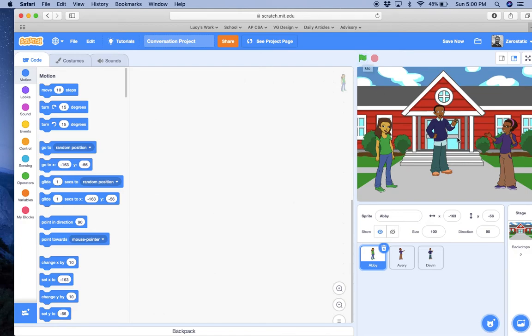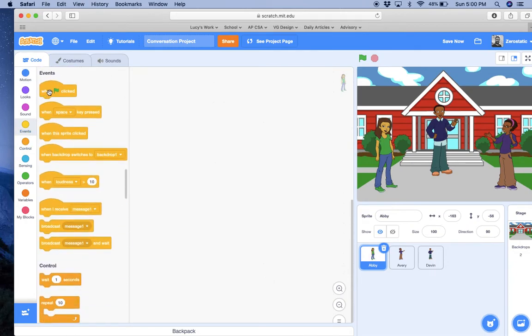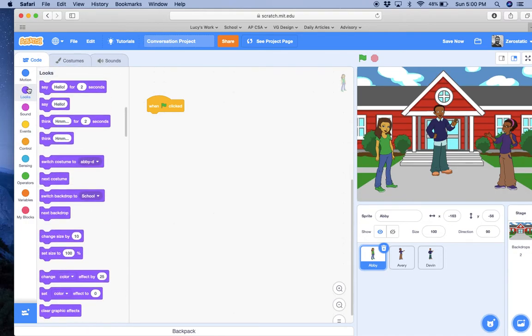When you click that green flag, a whole conversation should start. All right, so let's go to events, right? Events, this is what makes code run. We used the "when the sprite is clicked" event with the last project. Now we're going to use the "when the green flag is clicked" event. So when the green flag is clicked, I want Abby to say, which is under looks,